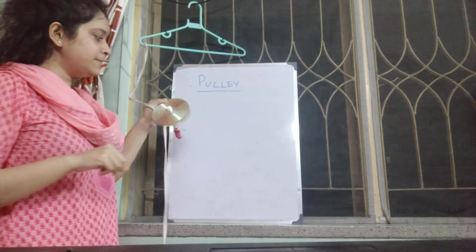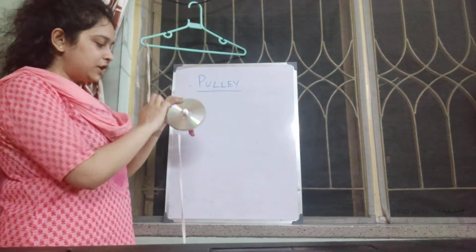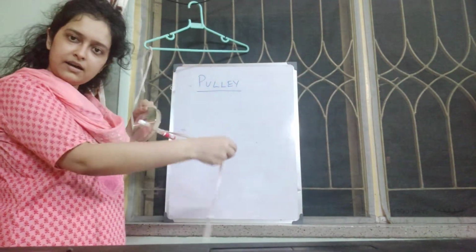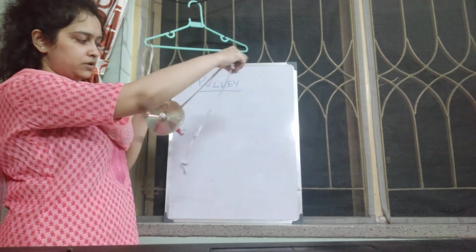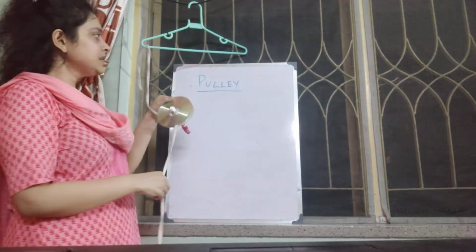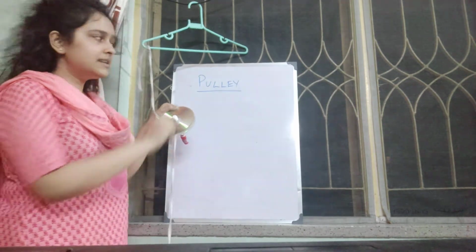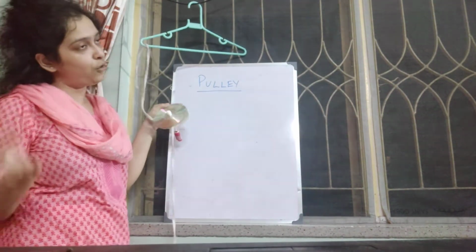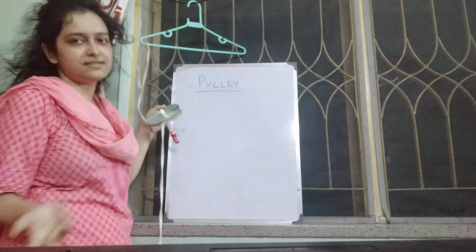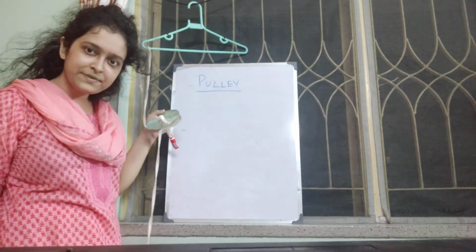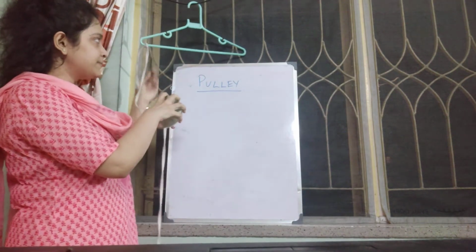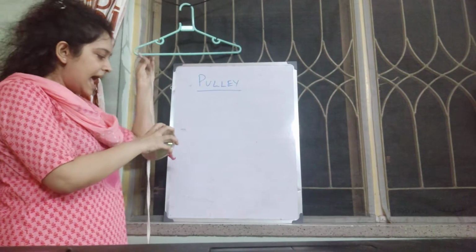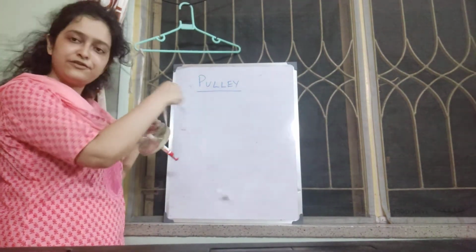In this type of setup, we have the pulley, and the rope is wound along the grooved rim, right? One end of the rope is attached to a rigid support. Now I don't have a rigid support at home, I'm very sorry, so I just use this for illustration purposes, so that you can understand. It's basically attached to some fixed support. Rigid means a firm support. And the other end of the rope is left free.